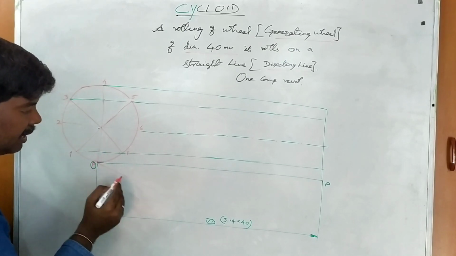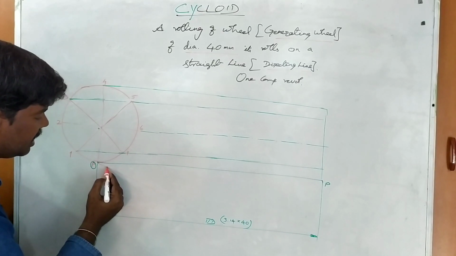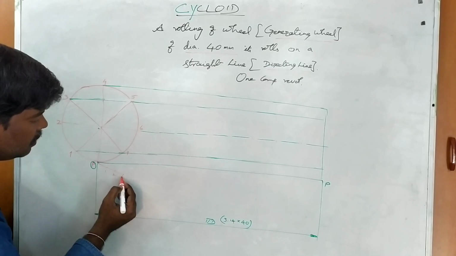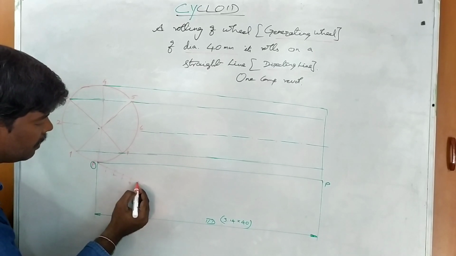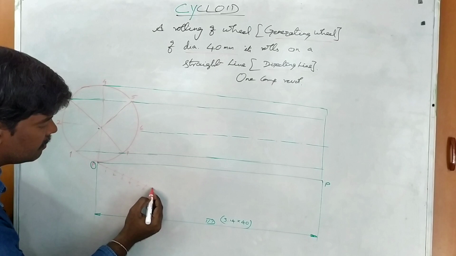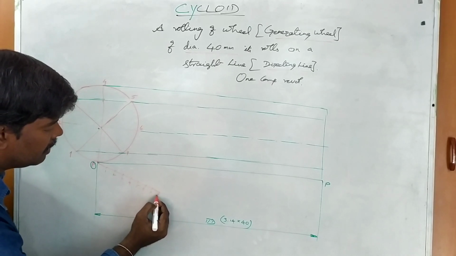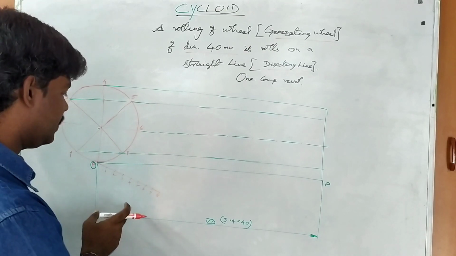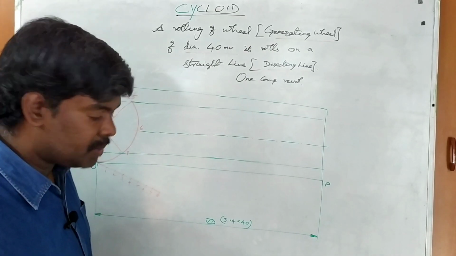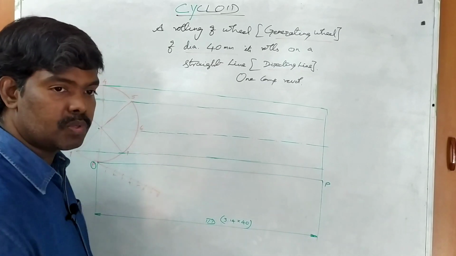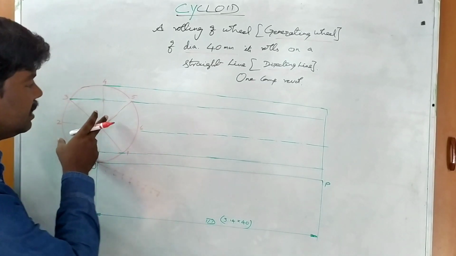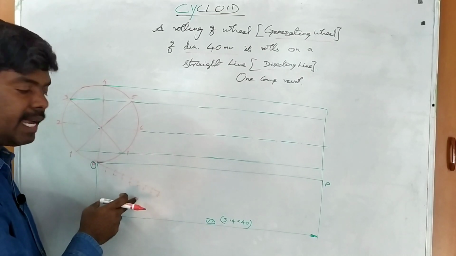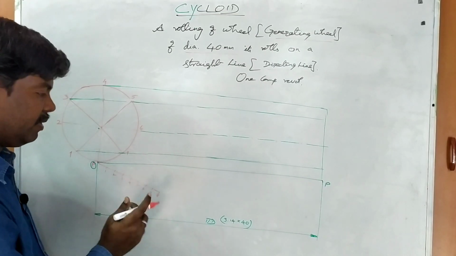Same, you draw one inclined line from any one corner, take some radius, it is 1 from here, 2, 3, 4, 5, 6, 7, 8. You know the divide a line procedure. Okay. So in case you forget, please refer to the divide a line procedure video. Similar case, this is how to divide a circle. Go through that video, and how to divide a line, that also refer to our video.